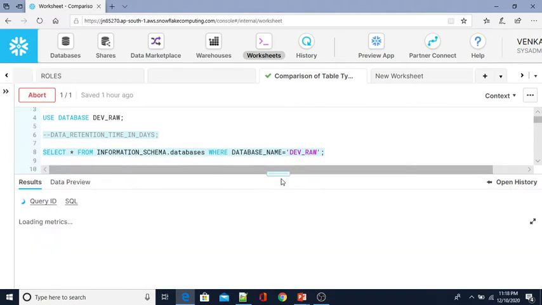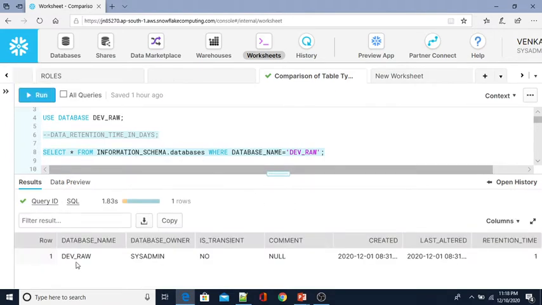If you see this one, the database name is dev_ra, the owner is sysadmin, and if you see the last column, retention period, this is 1. That means if you don't specify it while creating any object, then the retention period applicable will be only 1.